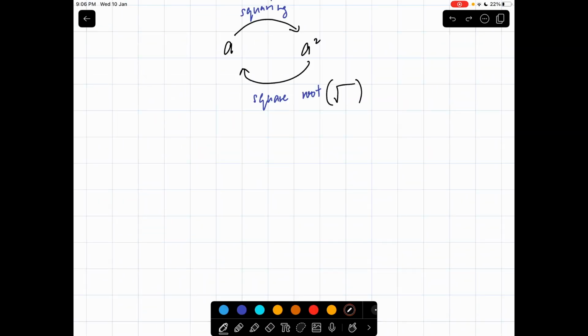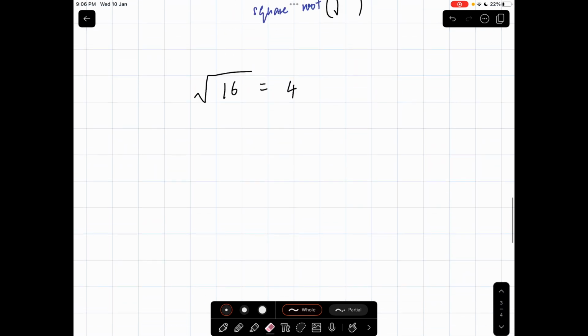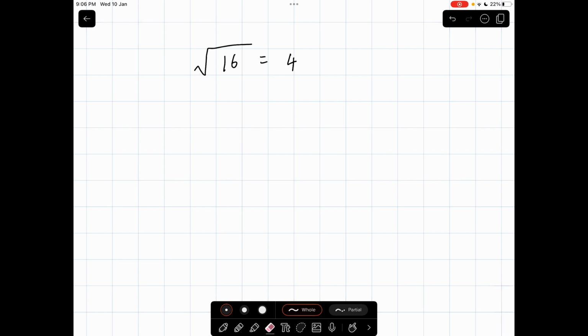Okay, square root of 16. Since we have established that 4 squared equals 16, it is safe to say that the square root of 16 is 4. That's it. But if it's an easy number like 16, it is possible to see how it works. But what if you get a difficult number? When you get difficult numbers, and they're asking whether it's possible to be square rooted or whether it is a perfect square, what you can do is, for example,